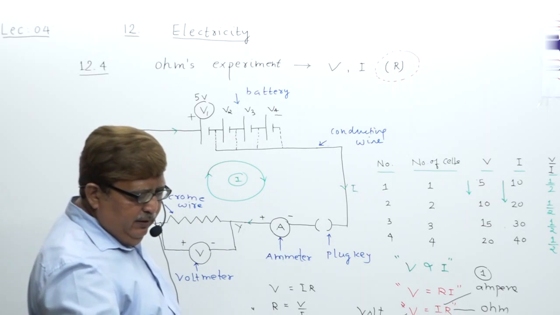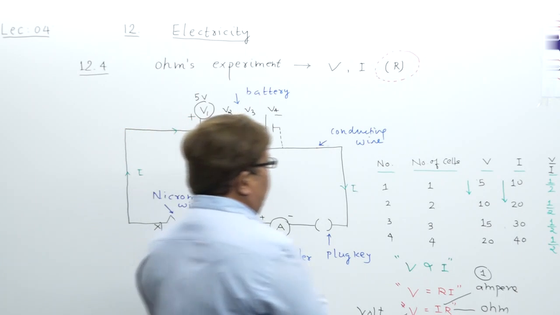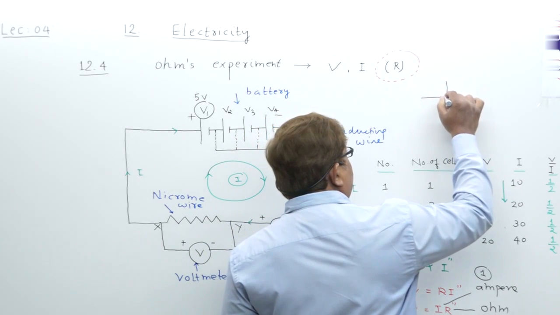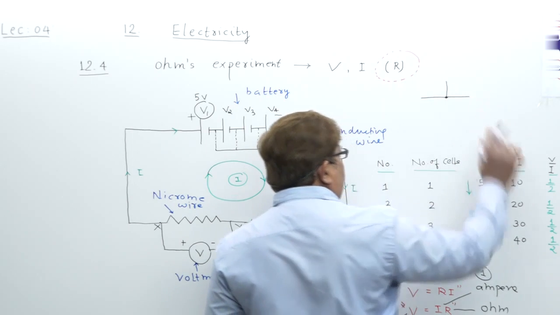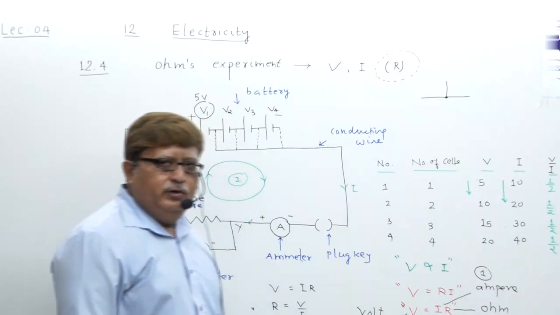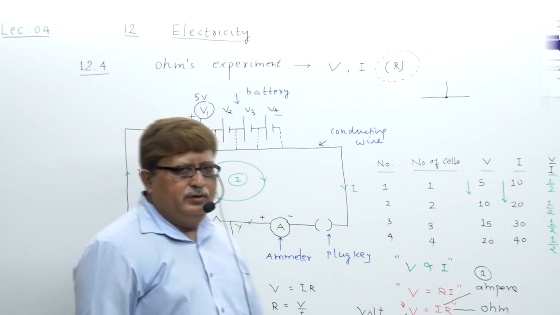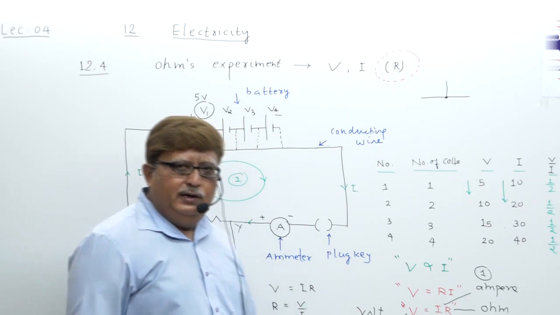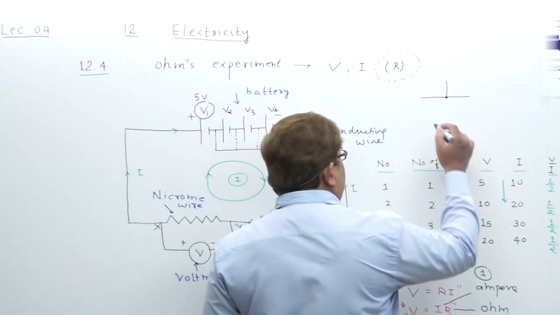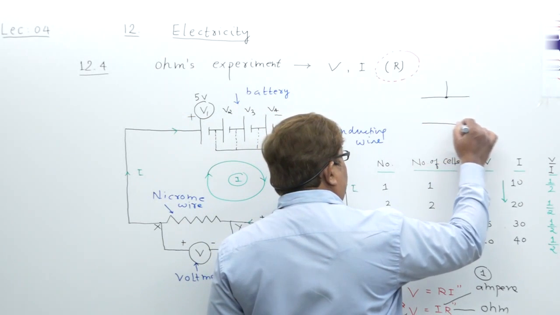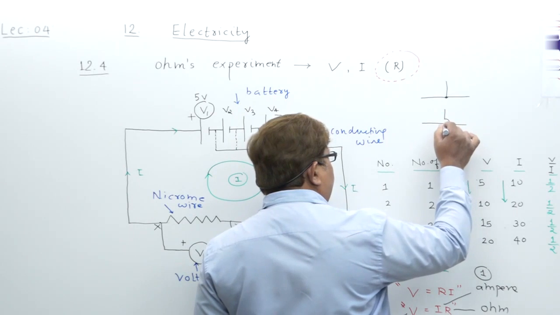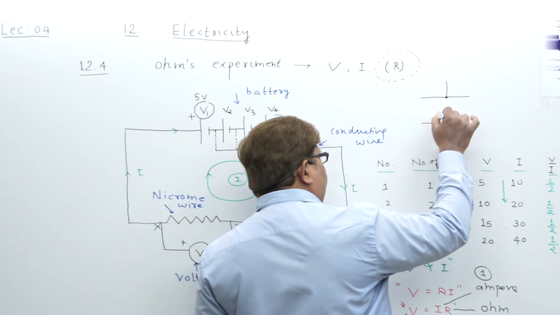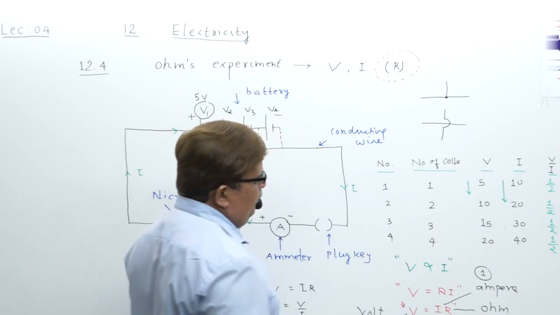Understand? Suppose, my dear student, I mention junction point. The junction point can be shown this way. This is called wire joint with junction point. All such symbols are given already in the textbook, and I do not need to spare a lecture for just drawing this. Sometimes cross joint, understand, this way also you can show. This means that this wire is over this wire. It is not a junction point.